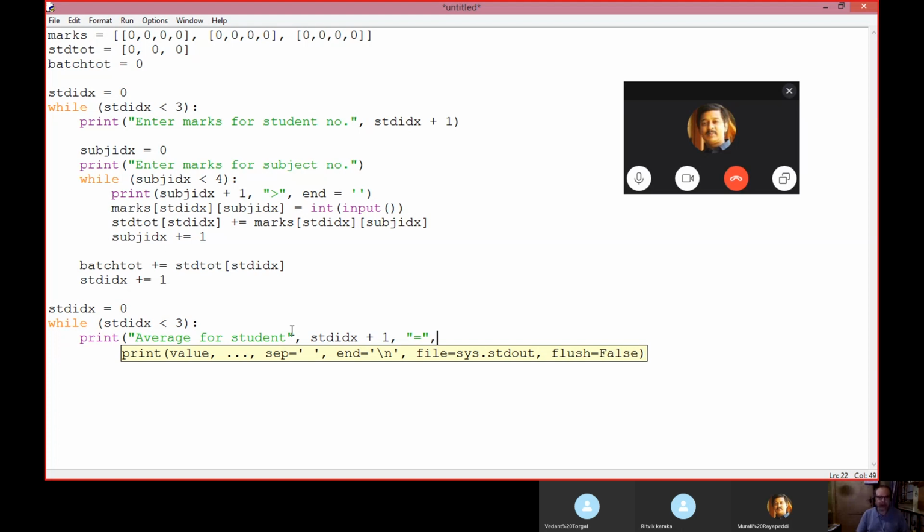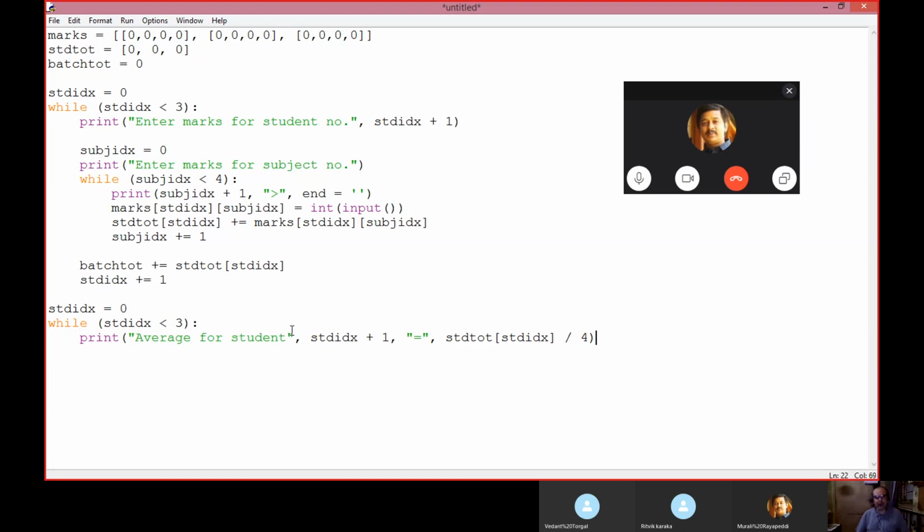Is equals to what? Student total, student index, divided by how many subjects are there? There are 4 subjects, divide by 4, so you get the student average. Right. So you are displaying average for student.